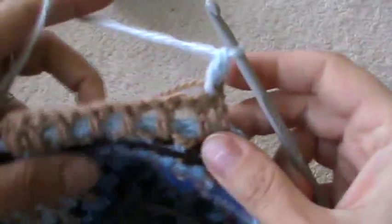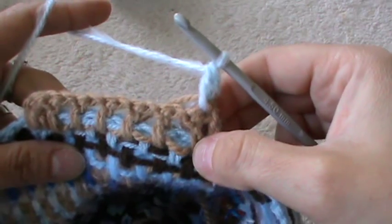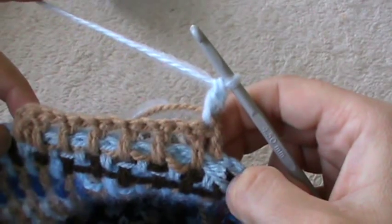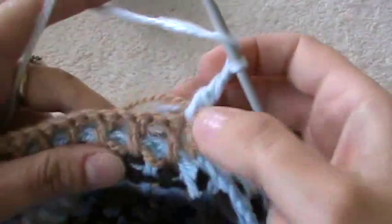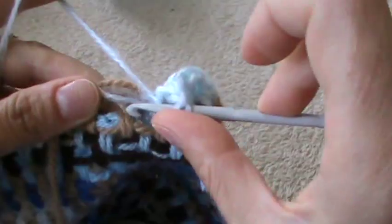Okay, now we can begin with our pattern. So now here we have a double crochet into the last row, but we want to work into the next row, not into the last but into the next row, which is actually our round, our last round of the hat. So we'll chain 1 to skip this double crochet, and we'll work into the next double crochet here, a double crochet, and now we'll go on with our pattern. Chain 1 to skip this and work a double crochet into the next double crochet, chain 1 to skip this of the last row,